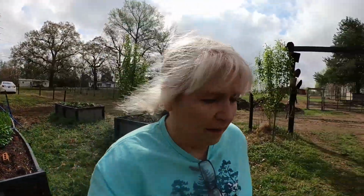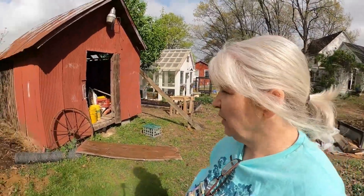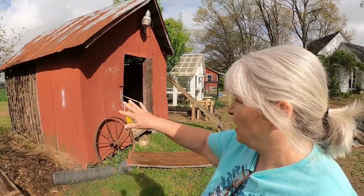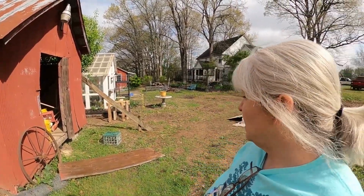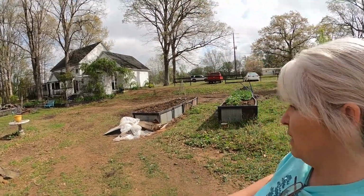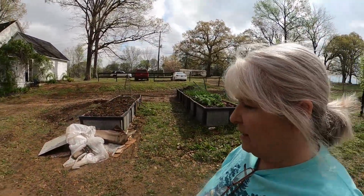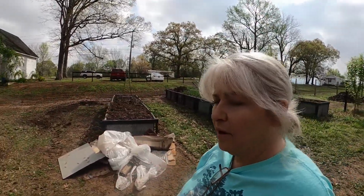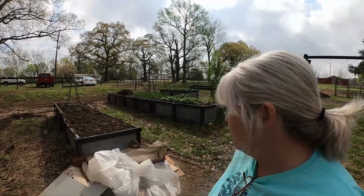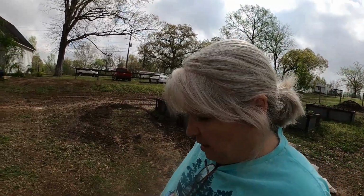We need to get the rest of the tin ripped off of this building over here. We need to get it taken off so we can use it. We took some of it off because we're going to use that on our garden beds. And our intentions were to get out here yesterday and set up our sawhorses and start on those garden beds. But today Steve is on a 24-hour shift, so